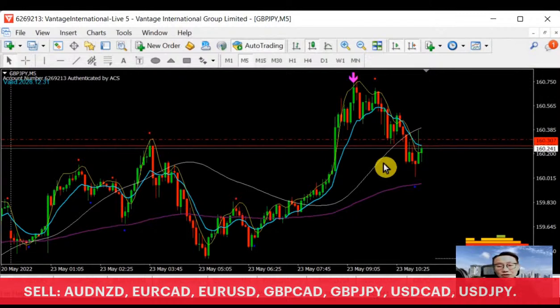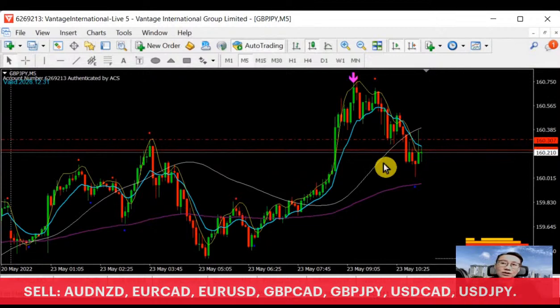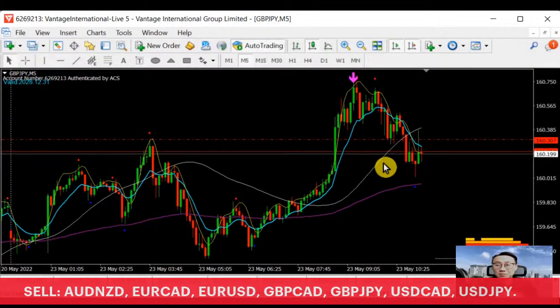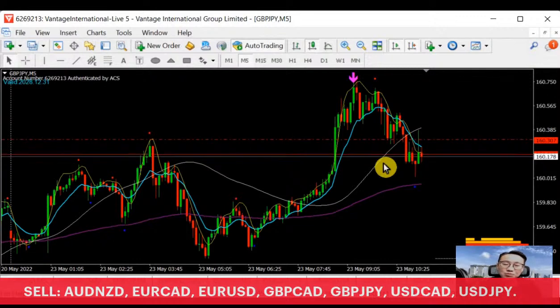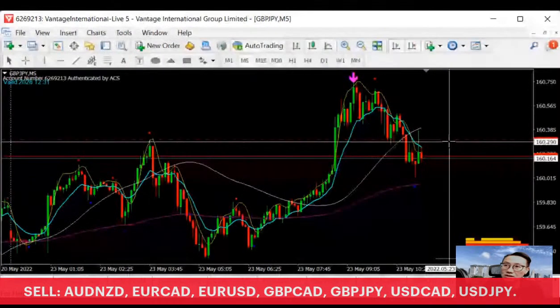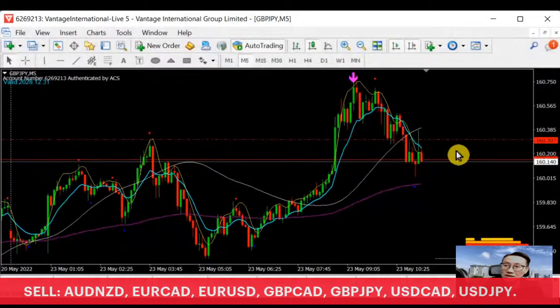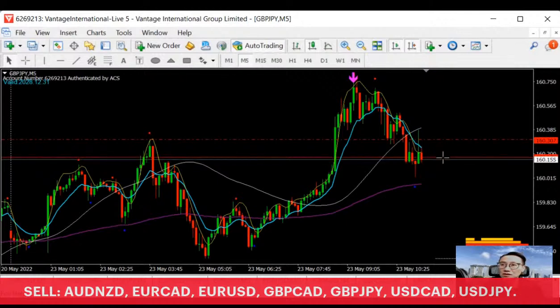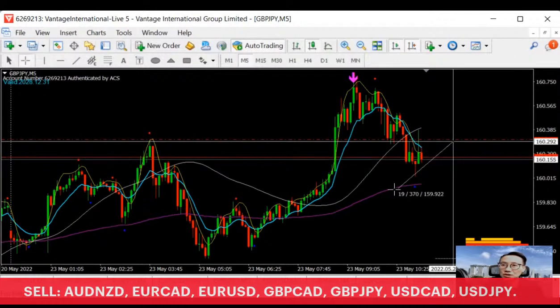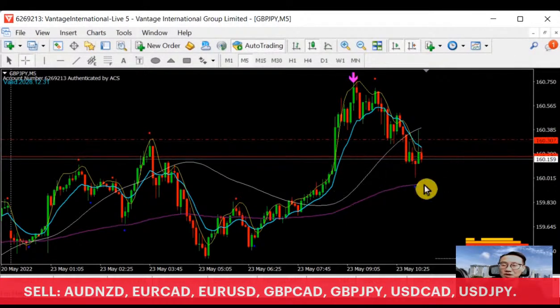It's just a matter of patience, how much patience can we have to execute at the best point. So this is something that I'm looking out for. This is still quite good because from over here until here we have only 10. So in general, from here to here, we have about 40. So maybe I'm left with about 30 pips.